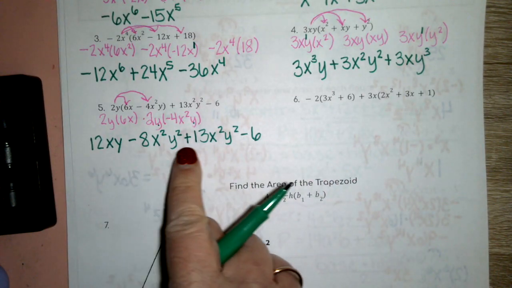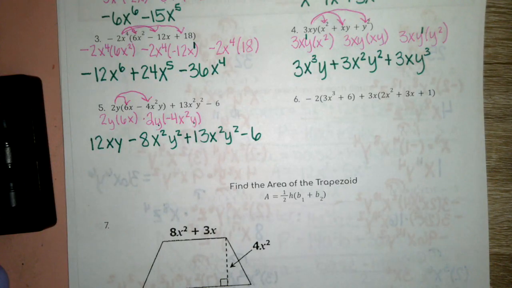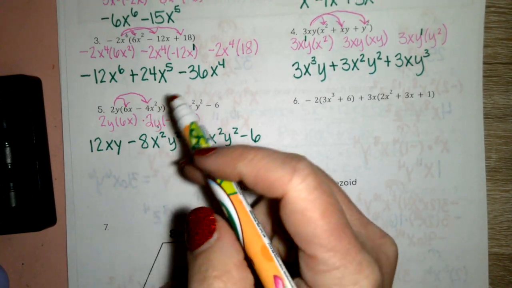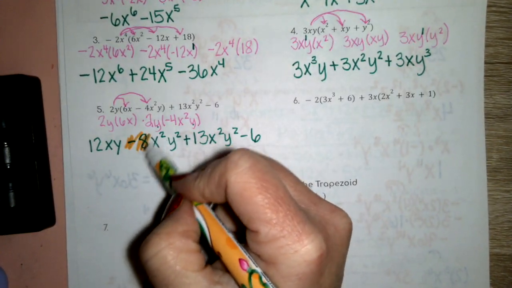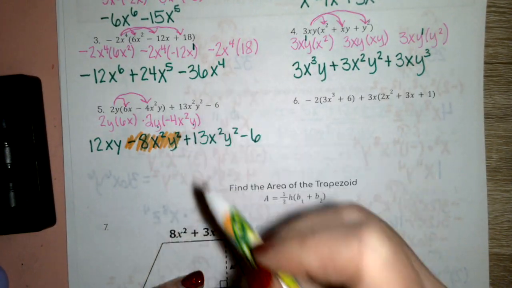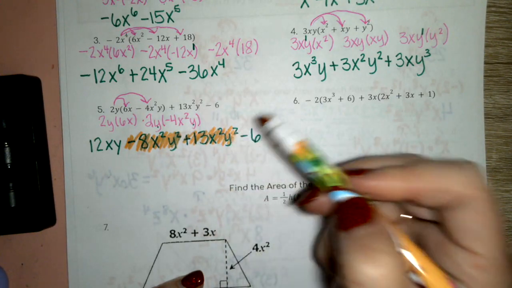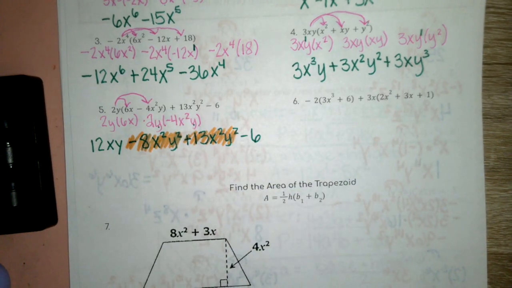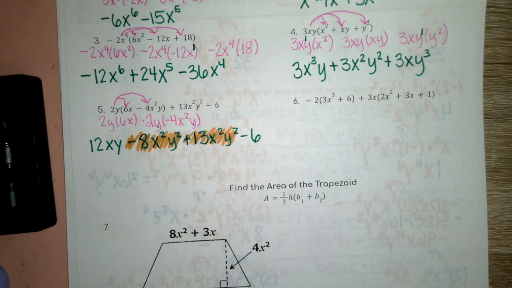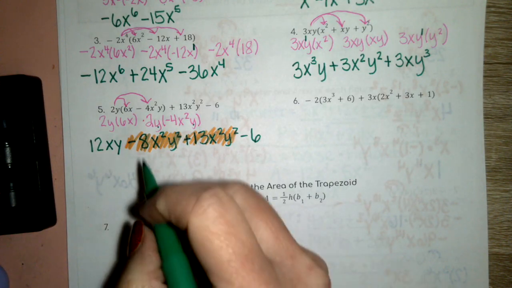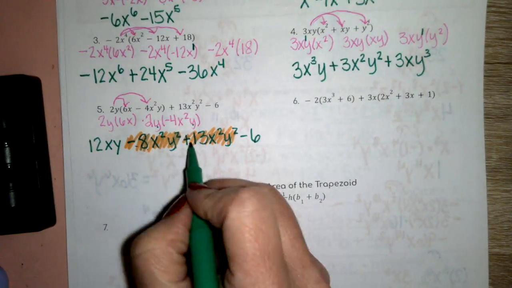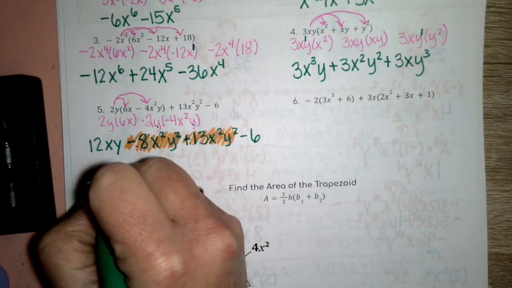Now we need to look at it and see if there's any like terms. And in our case, there are some like terms, so we need to put them together. There's 8x squared y squared and 13x squared y squared. That's going to be our first term because it's got the highest exponent. And when you put together negative 8 plus 13, that gives you 5x